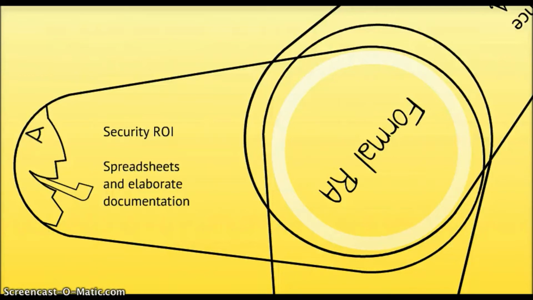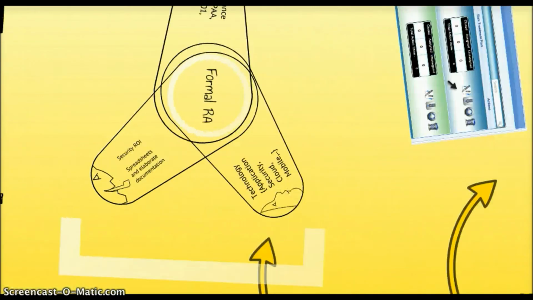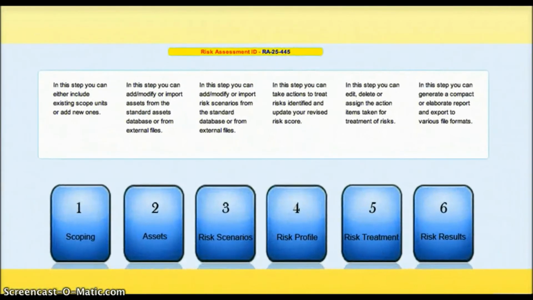Also, managing risk treatment over emails becomes problematic when there are multiple risk action items and multiple stakeholders. Reporting is a big problem in spreadsheets, with the requirements being different for auditors, regulators, and management. However, all these problems and many more can be solved with Smart RA.